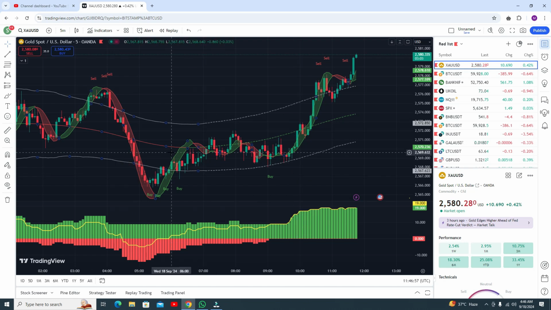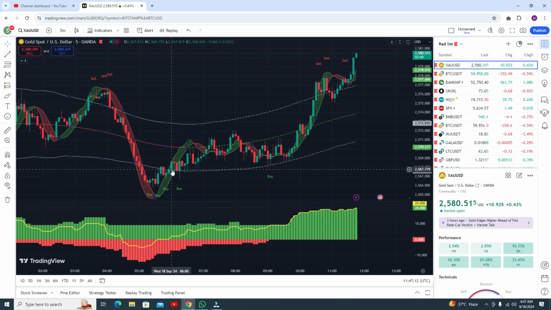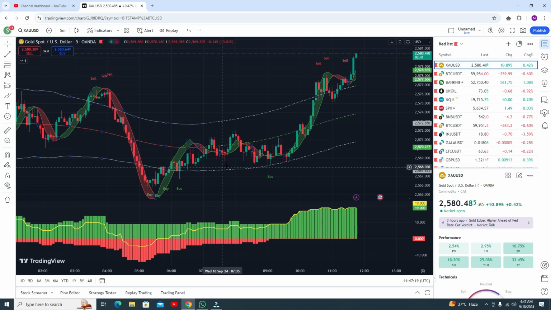Okay, in gold this was the most recent buy entry. And again a buy entry here as well, but at this point the RSI was not below the lower band line, while at this point you can see the RSI is below. So this is your buy condition, and the volume is increasing, so you can go for the buy trade. And yes, you can see the volume is consistently increasing, and here at this point there is no sell volume. This is a strongly buy condition here, and you can see the results are amazing.